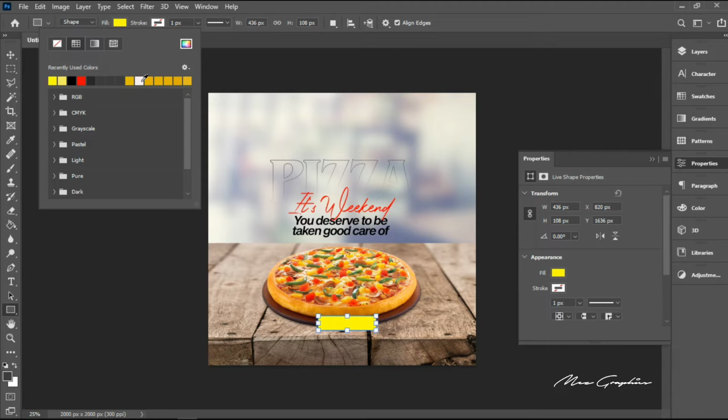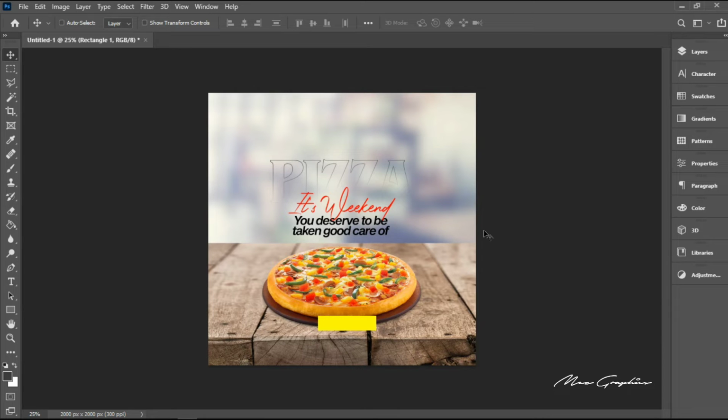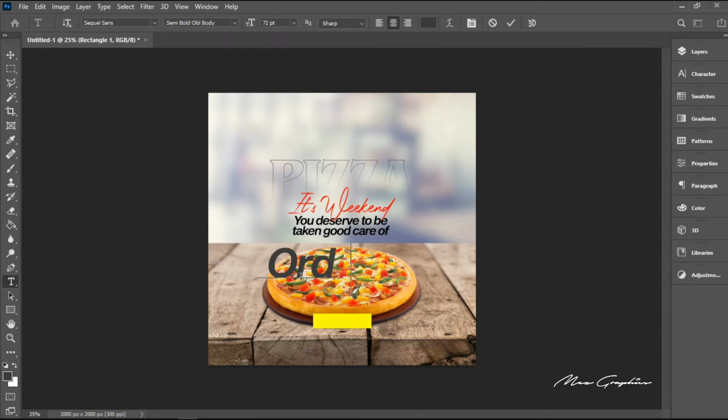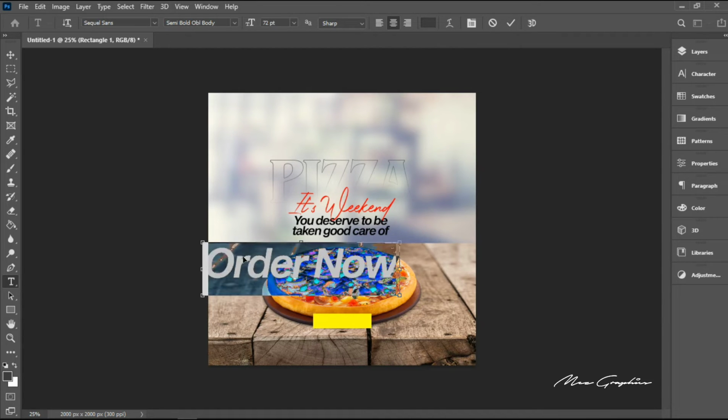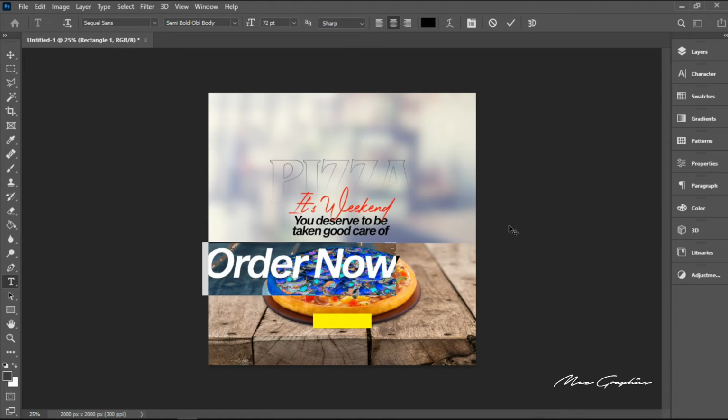Okay, what I want to do is I want to create a shape, and then I'll be placing a text inside this shape, and that will just have the inscription of order now. Okay, let me take the shape up a little bit, and then I'll grab my text tool, and then I'll actually type in order now, and then I'll select all this, and then I'll change the color to black. Hit OK,